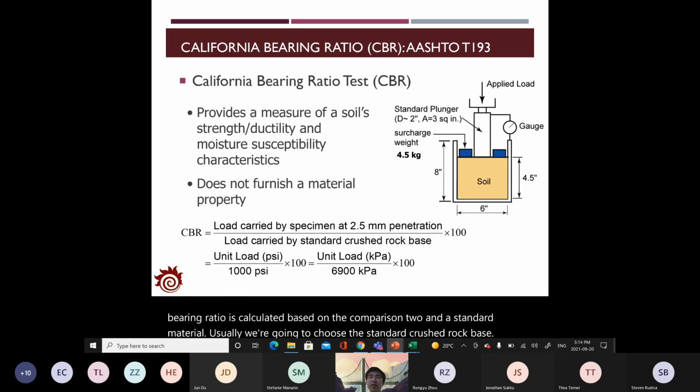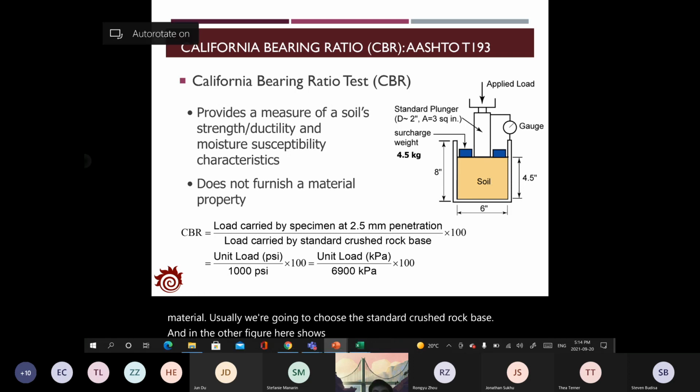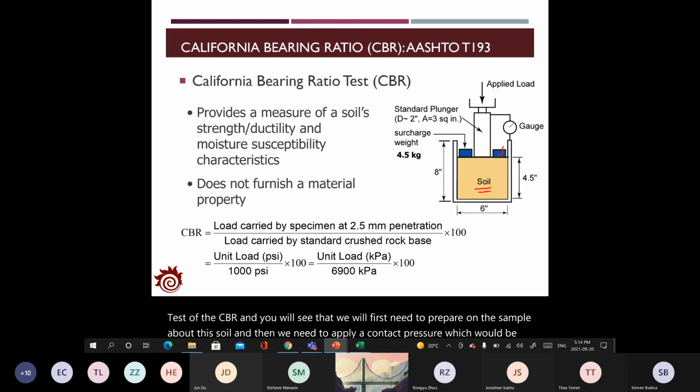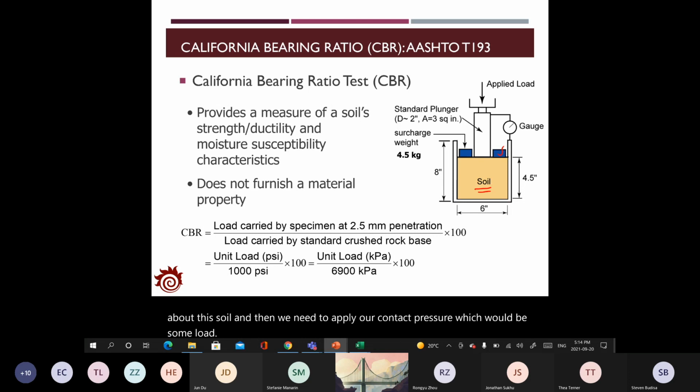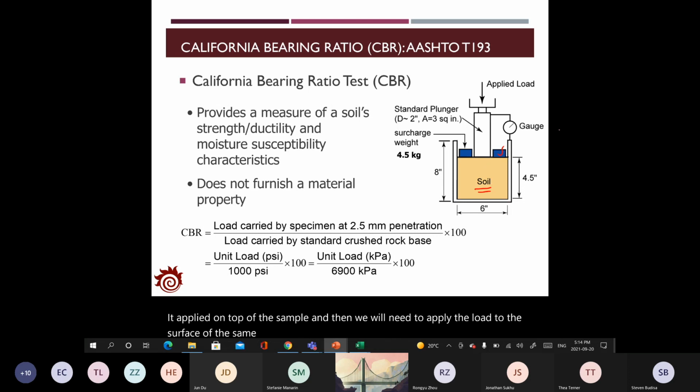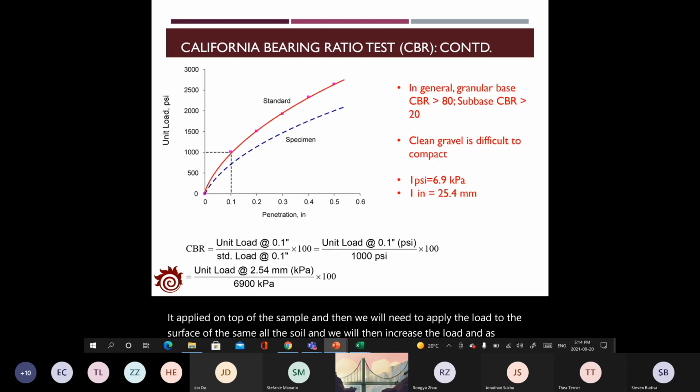And the figure here shows the test of the CBR. You will see that we first need to prepare a sample of the soil, and then we need to apply contact pressure, which would be some load, some weight applied on top of the sample. Then we apply the load to the surface of the soil, and we will then increase the load, and as the load increases, we will see